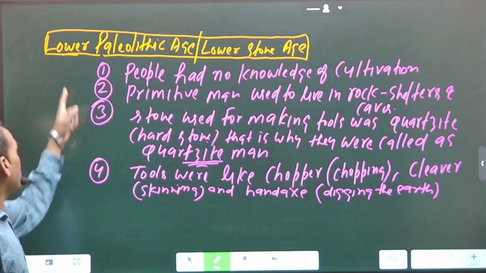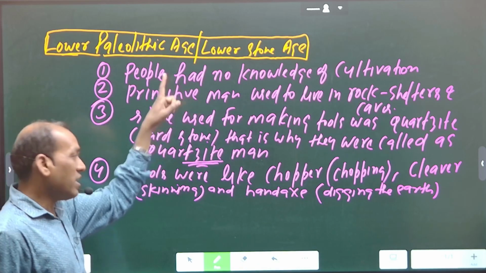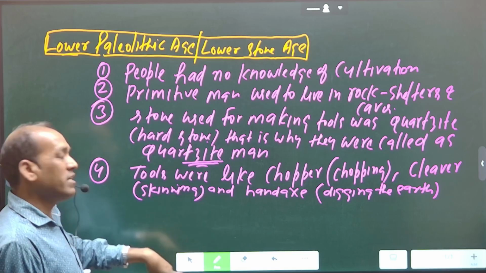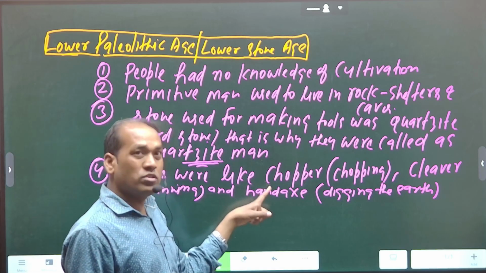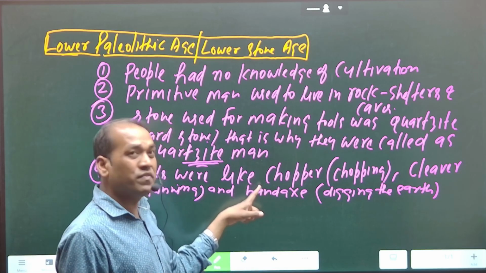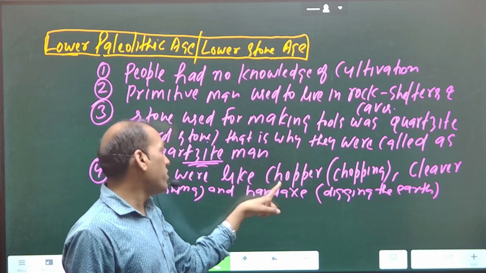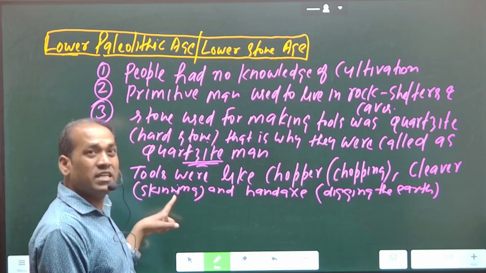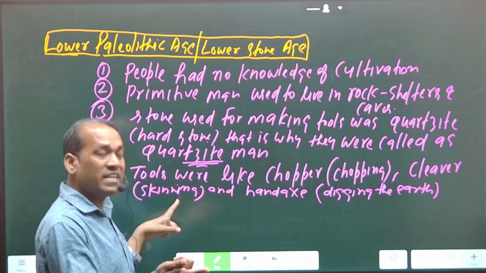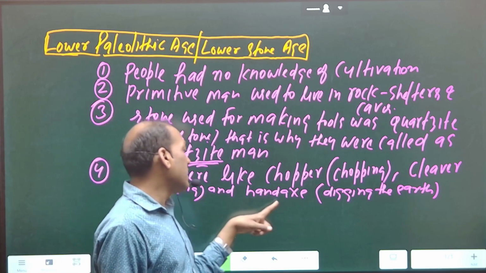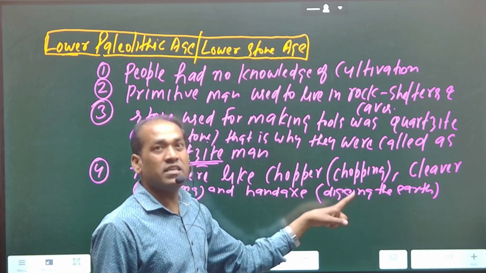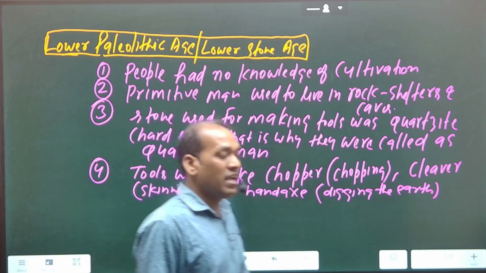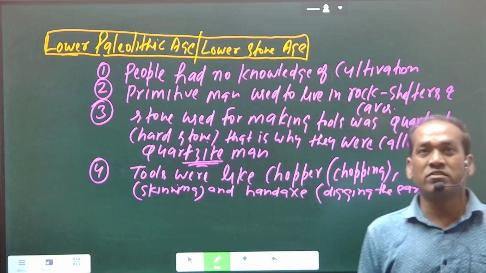So in lower Paleolithic age, early man, primitive man used tools made of stone like chopper for chopping, cleaver for skinning the dead animal, and hand axe for digging the earth. Okay, and their lifestyle was